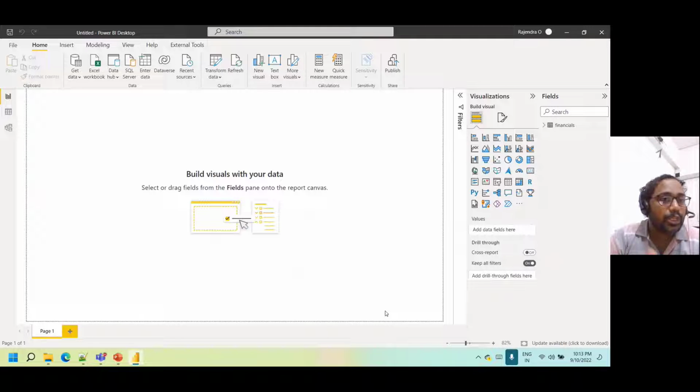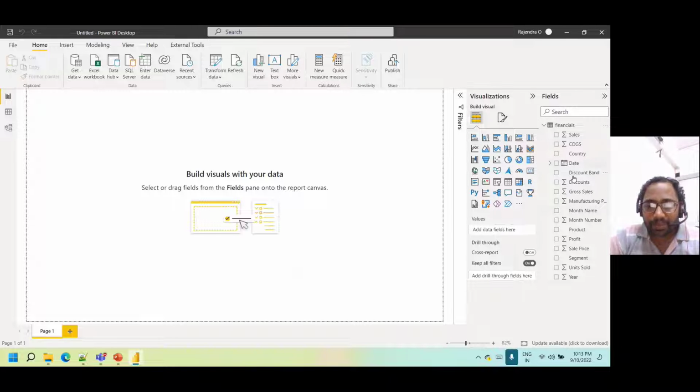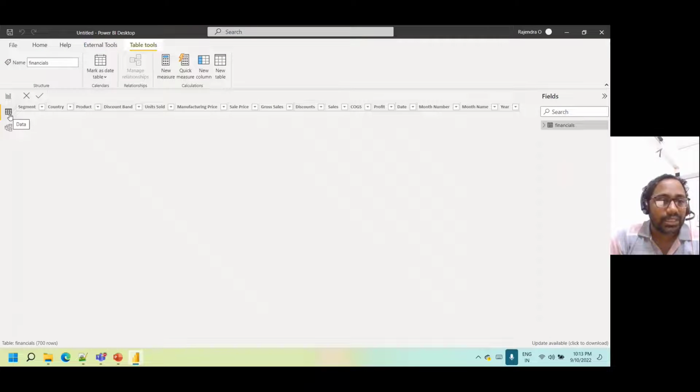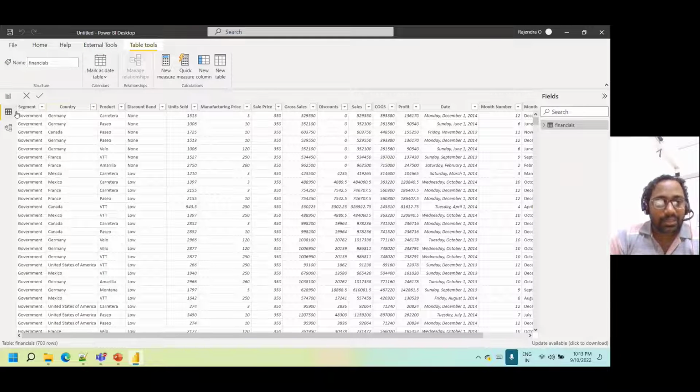I have imported it into my Power BI desktop application here. If you can observe in your fields pane, your data set is available. These are the number of columns that are available. Even if you want to look over the data set, how it looks and the total number of records we have in our Power BI desktop application, there is a data view. Just try to select the data view. See here, these are the columns we can observe in our data view, or else data tab. And the total number of records it is projecting here, 700 records are available in that connected